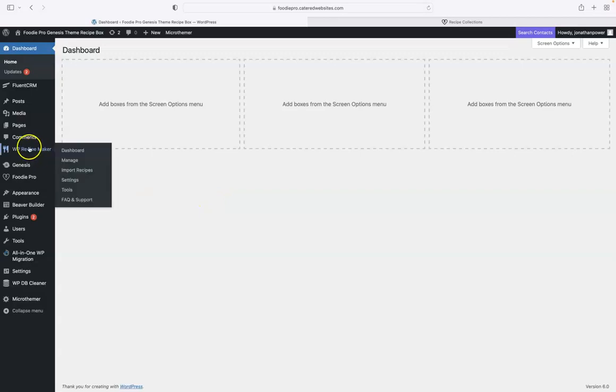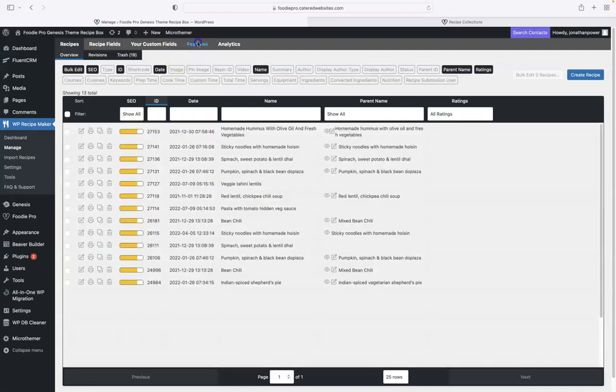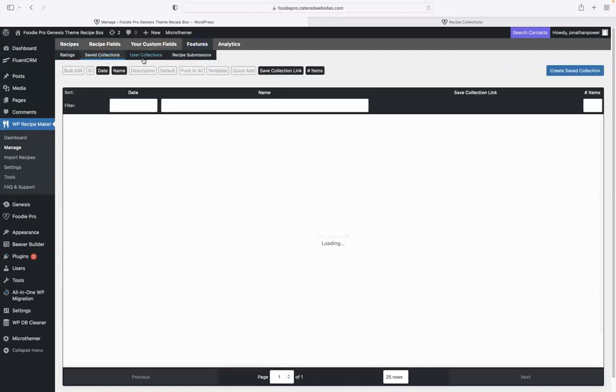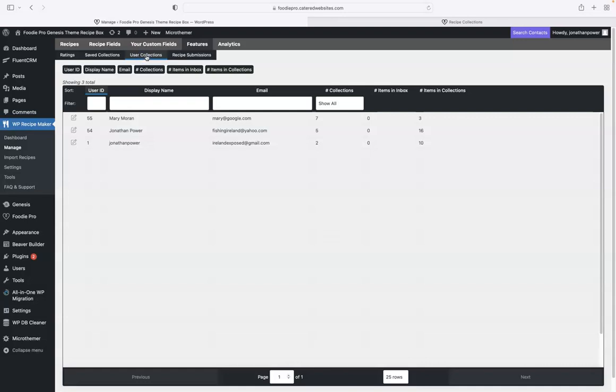So to get into the user recipe collections, we go over to manage, we go up to features, and we go up to user collections there, and we have the names of the few people that are using the recipe collections here on my test site, their email address, the amount of collections they have, items in inbox, and then items in collections. So I'm logged in as Jonathan Power here,